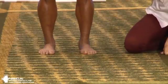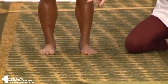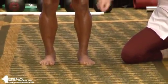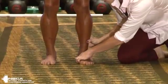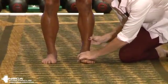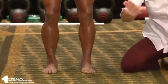So with the knee bend, what rotation do I need to put into the tibia for it to get corrected? She has a lot of internal rotation, so I need to externally rotate. Okay, so she's going to lift here and here, good. And then extend your knee, right? Okay, so what I did